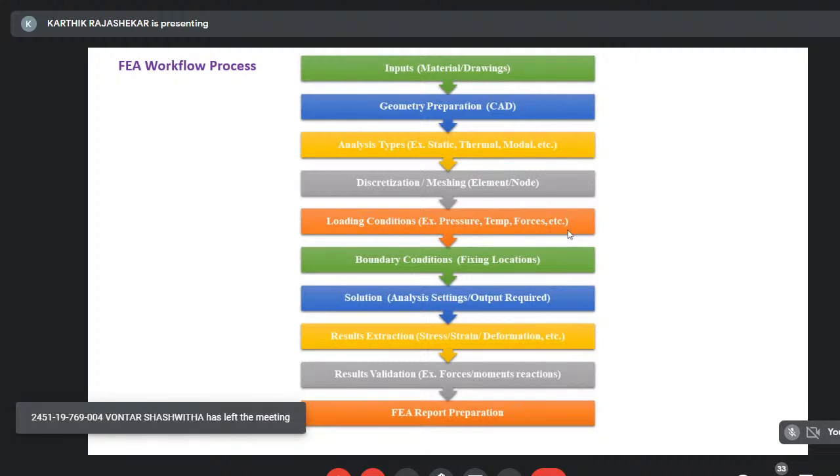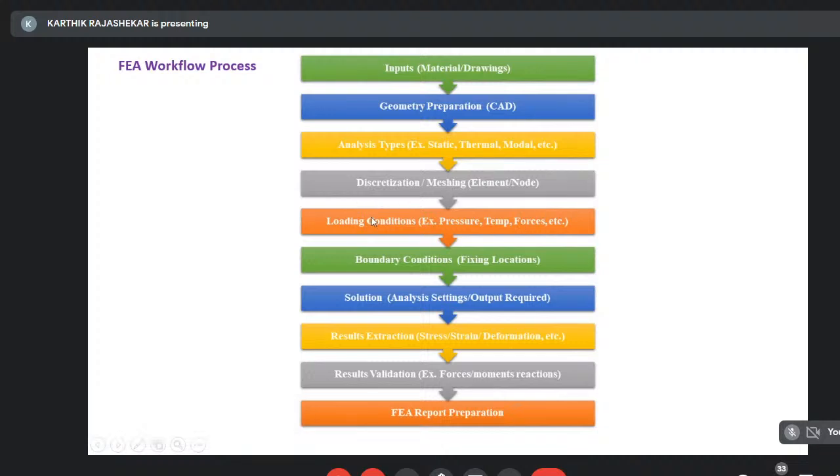So if you want to give a temperature, all these things will come under your loading condition. So once you discretize, you need to give the loading condition. Along with the loading condition, you need to give one more thing called boundary condition. Any object in a real world environment, you need to constrain that model in certain directions. Since we have spoken about degrees of freedom, we have 6 degrees of freedom, 3 translations and 3